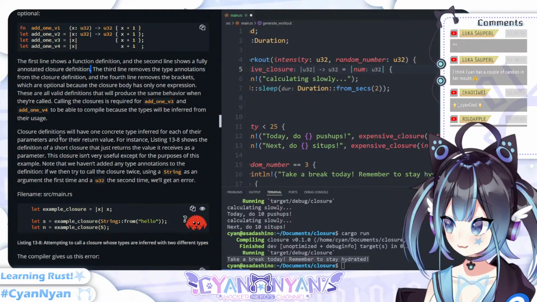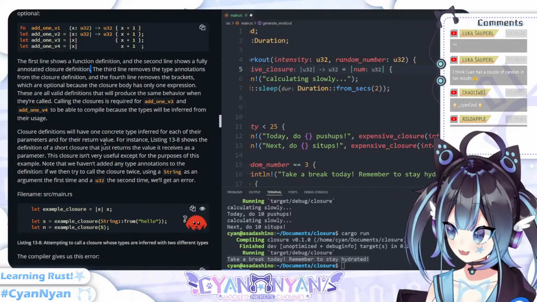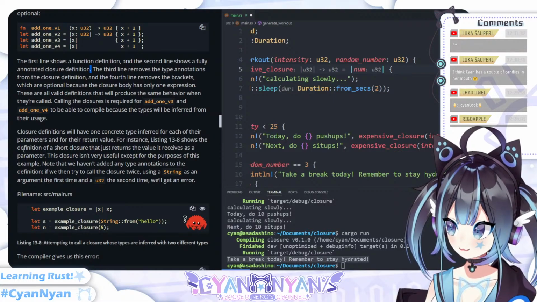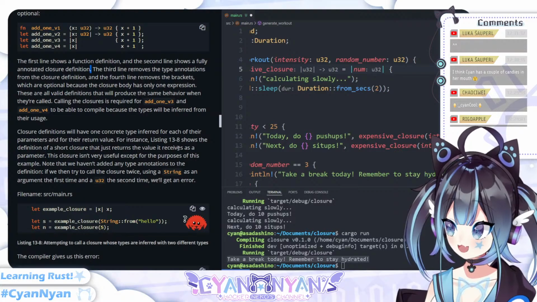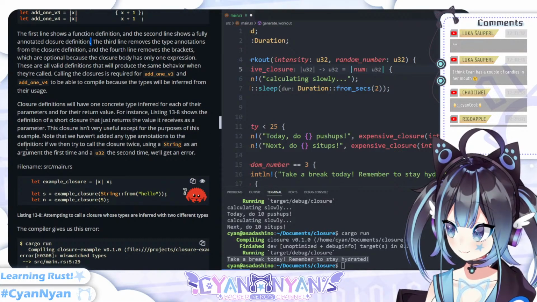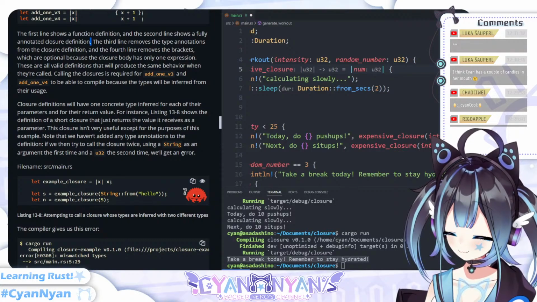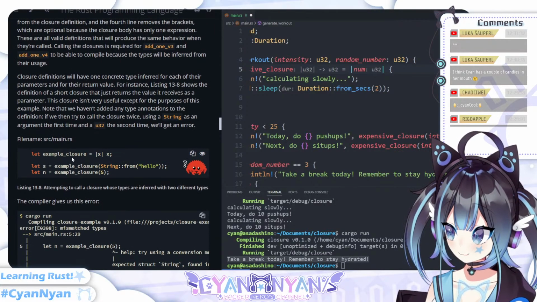Closure definitions will have one concrete type inferred for each of their parameters and for their return type. For instance, this shows the definition of a short closure that just returns the value it receives as a parameter. This closure isn't very useful, except for the purpose of this example. Note that we haven't added any type annotation to the definition. If we then try to call the closure twice, using a string as an argument the first time and an integer the second time, we'll get an error. For this example,